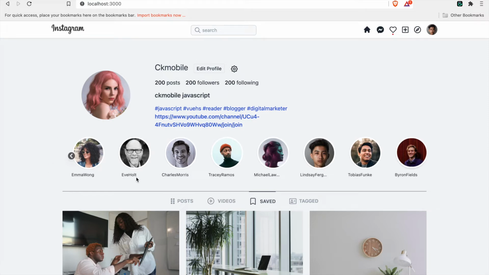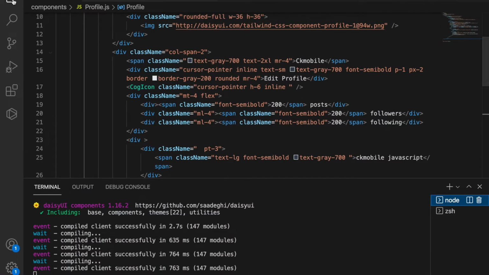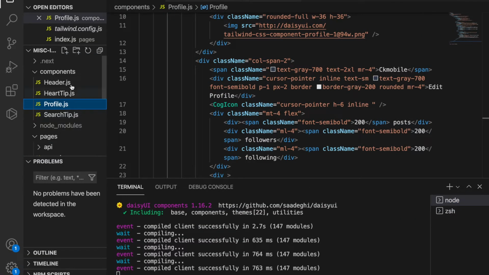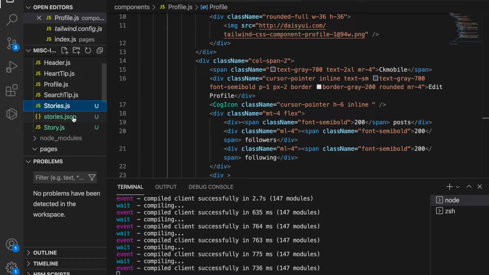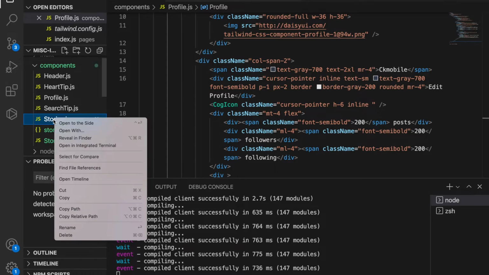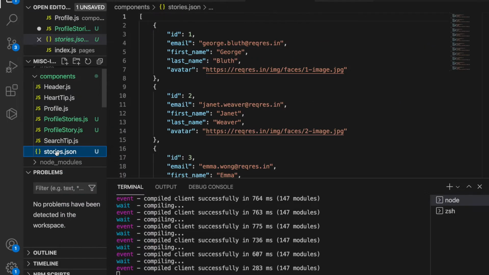In this part, we are going to add the profile stories to the page. If you remember, this is very similar to our IG stories, so we can copy this from our IG stories project. I just copy the components from the IG stories and paste them into this project. We are going to change this to profile stories, and this is the profile story, and we also rename